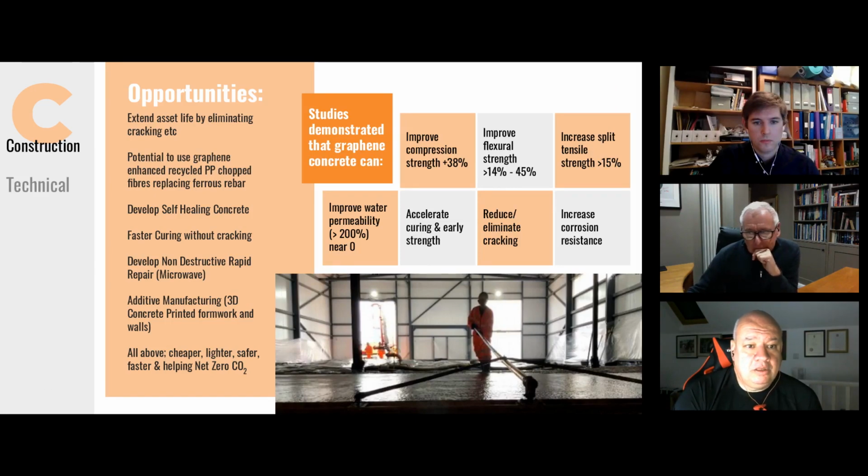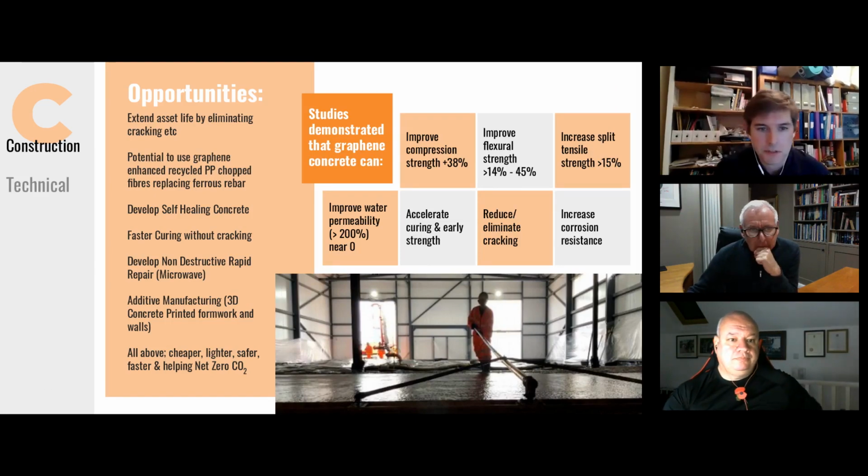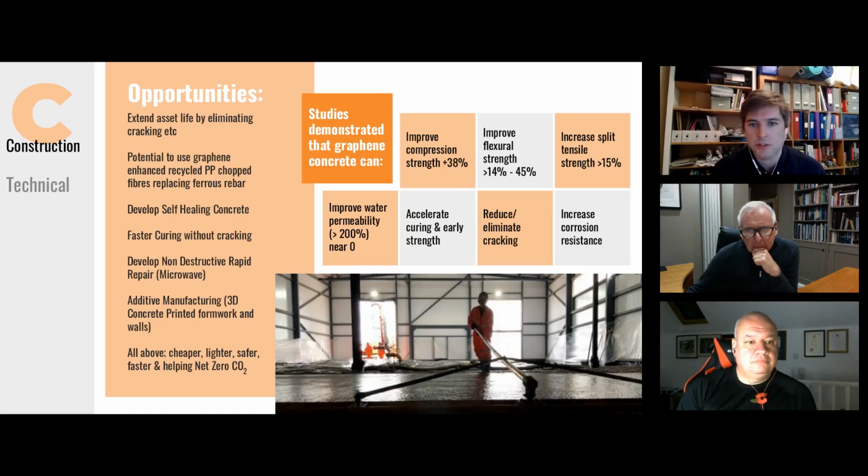Absolutely. So in terms of some of the key results we've seen, really driven by graphene actually providing a reinforcing and also changing the porosity of the cementitious composite. So what we end up with is a unique structure with improved compression strength. In the typical, what we call type 1 cement, we've seen improvements up to around 40%, and also flexural strength has been improved.